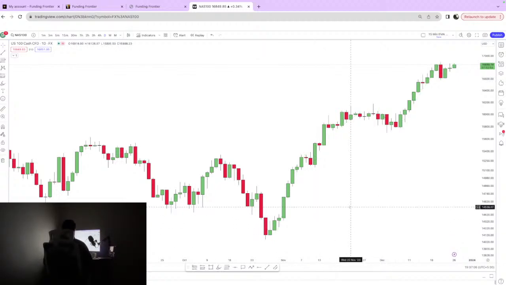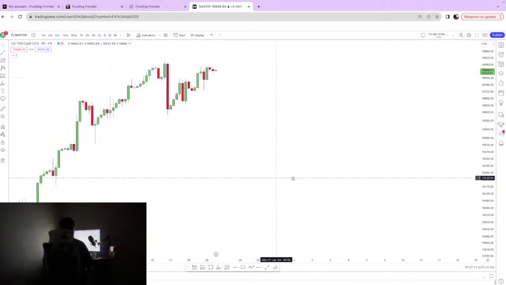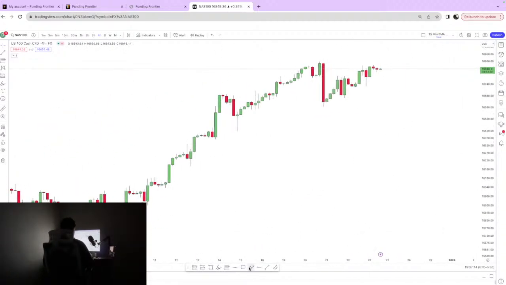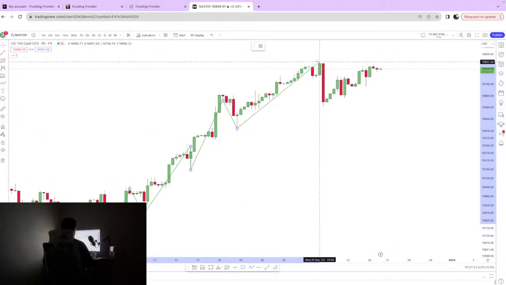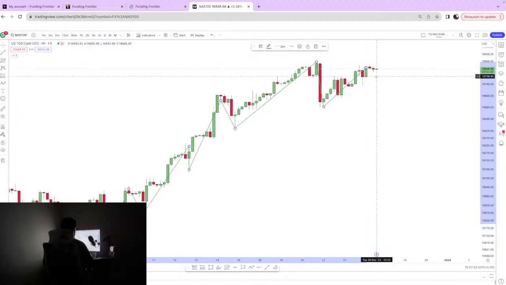Now we'll shift to the 4 hour time frame. What I can see is, if you pick from here, higher high, higher low, higher high, higher low, higher high, higher low, a higher high, higher low, and now we don't know, anything may happen. Not very clear.